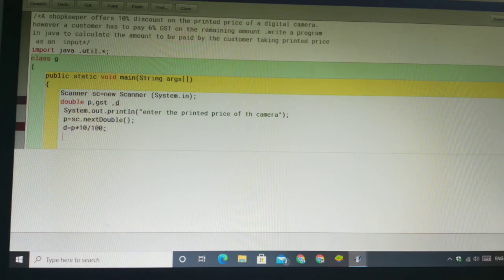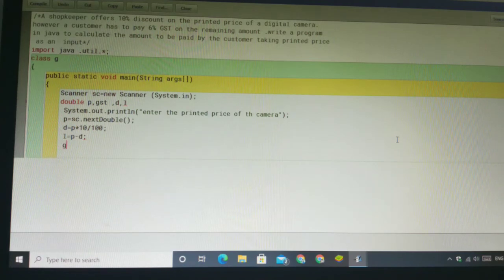And what is the amount left after the discount? Maybe we can store it in the left amount, L is equal to, one more variable, L. L is equal to price minus discount.